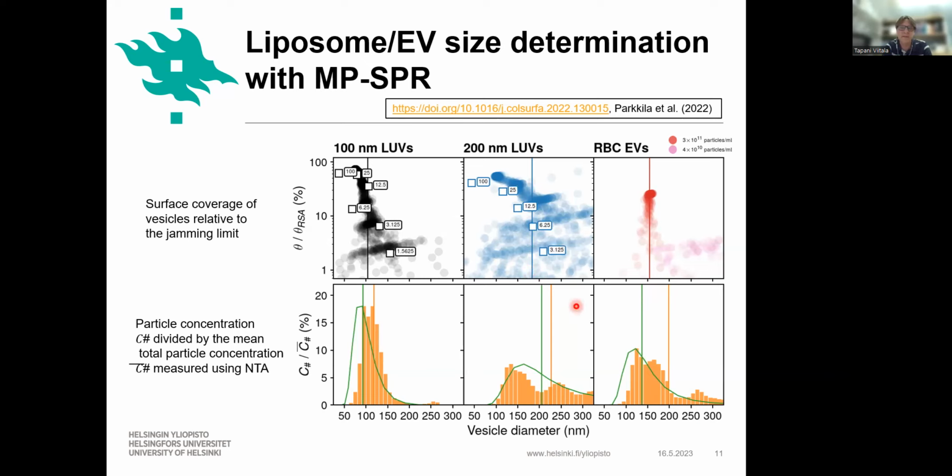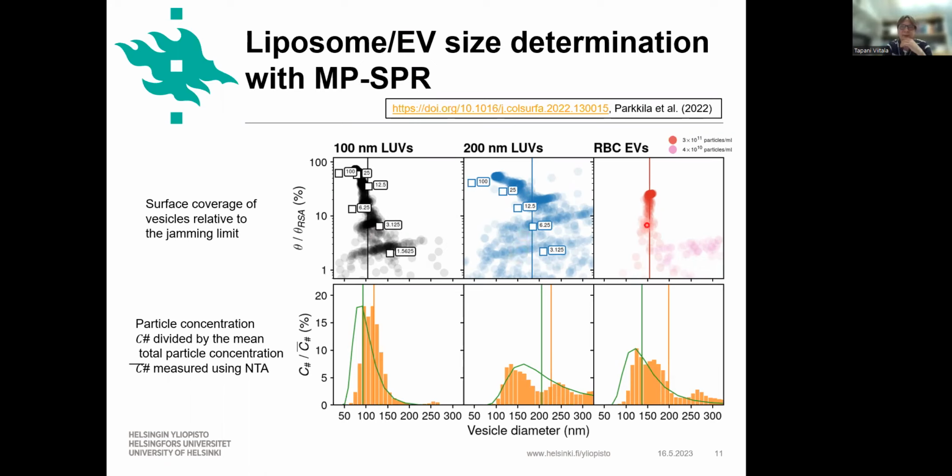Yeah, there is some kind of scattering for the 200 nanometer liposomes, but that has more to do with a packing phenomenon: 200 nanometer liposomes leave more space between them, and then later the smaller liposomes are actually somehow filling up the gaps there. But you can see very nicely how they converge, these red blood cell EVs and then 100 nanometer